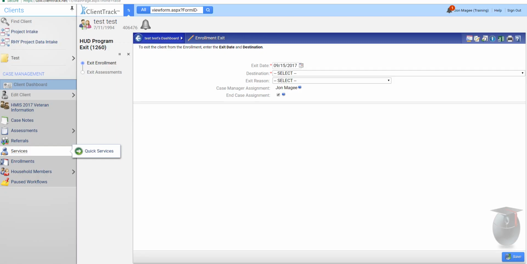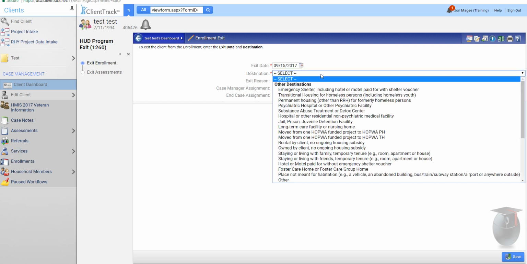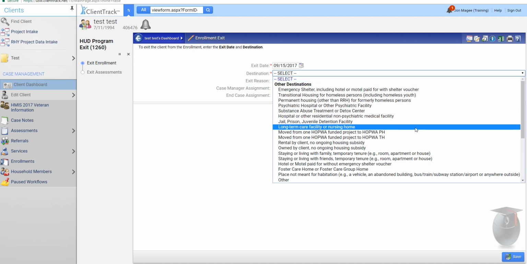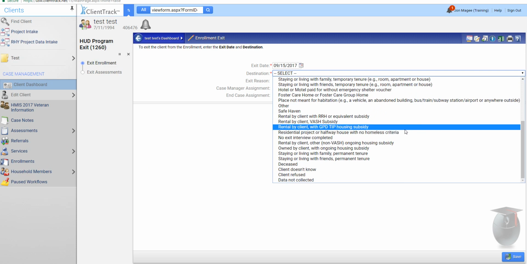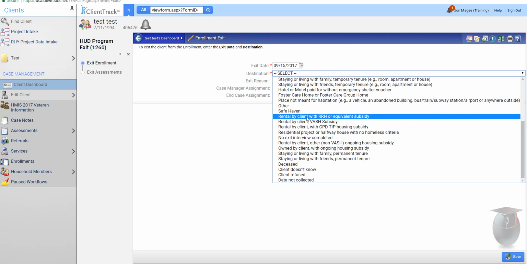In regards to the exit process in ClientTrack, there's only one change coming with the update, and you might not even notice it if you did not know to look for it. So I want to go over that with you real quick, and it's under the destination question when you exit somebody. So there is one brand new field here, and that is the rental by client with rapid rehousing or equivalent subsidy. So if you are exiting someone and they are going to a rental house and they are getting rapid rehousing dollars, you want to be sure to, one, you're asking the client that, and then two, of course,